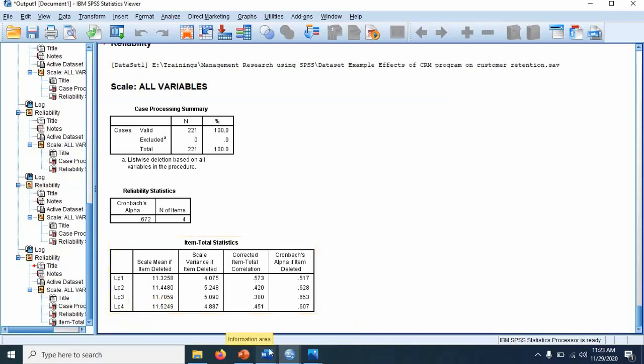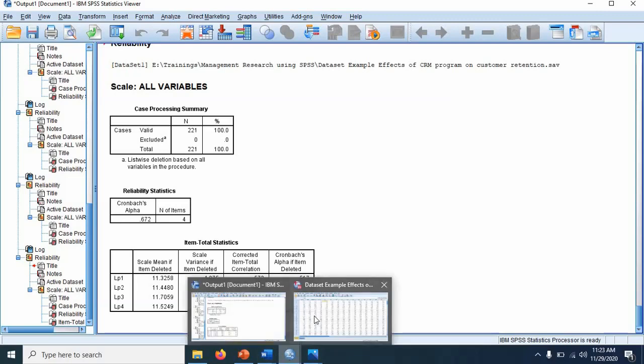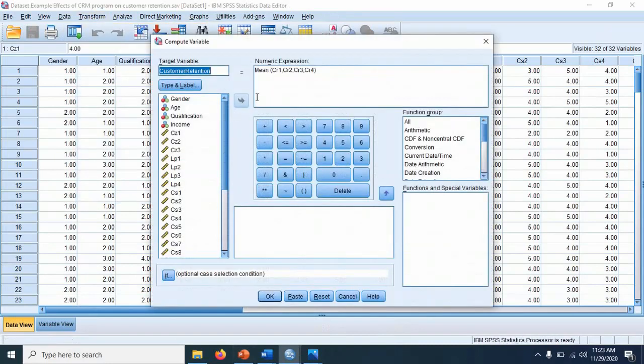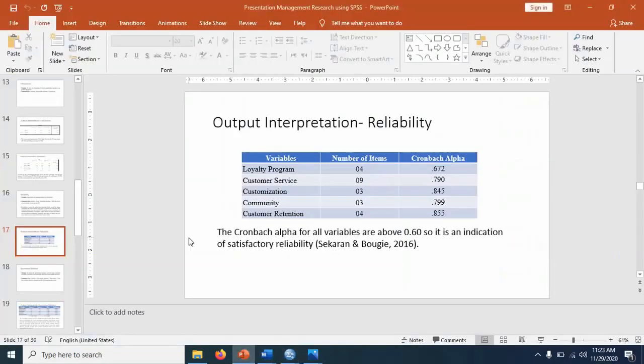delete LP2 simply. For that we need to recreate that variable, by the way. I mean, we have to do the transform again in that case, and we will recreate that variable without including LP2, for example, and hit OK, and then you will use that new variable for the further analysis. That is one way you can reduce the reliability problem.